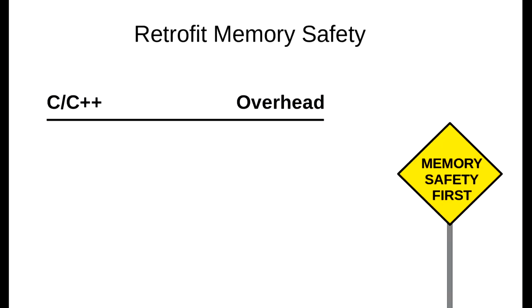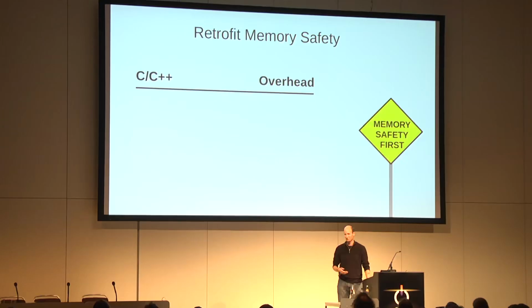So let's just retrofit safe language on top of the old languages, right? Sounds like a good idea, because memory safety first. All these bugs would go away. And academia and industry came up with a bunch of defense mechanisms on top of that. So you can just plug into your compiler and more or less easily just recompile your software, do a couple of 100 hours of code changes, and you're good to go.